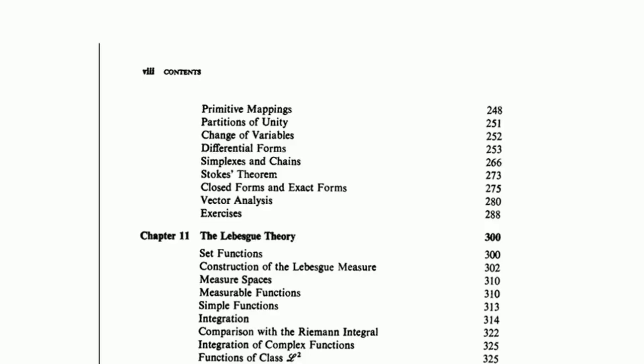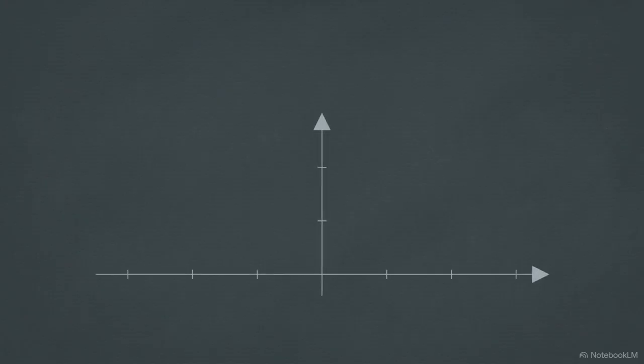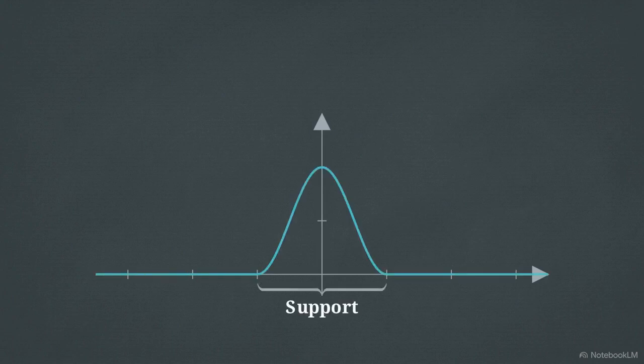In Walter Rudin's Principles of Mathematical Analysis, the partition of unity is found in Chapter 10, which covers the integration of differential forms. Before we can use it to integrate, we have to unpack two pieces of terminology. On a 2D graph of a smooth bump function, the support is the bracketed interval on the x-axis, where the output is non-zero. Being subordinate to an open cover means the function stays strictly within this patch, flatlining at 0